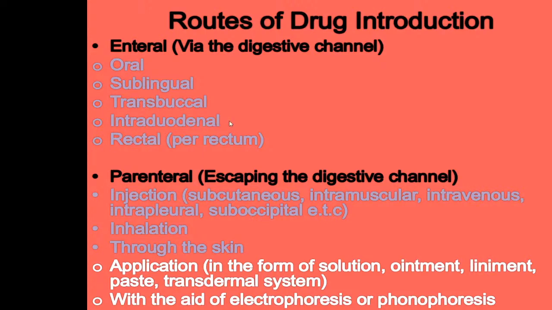Intraduodenal: with the help of a probe, we can introduce the drug exactly in the duodenum. This is a rare route. And rectal, introduction per rectum. These are enteral. Parenteral routes include injections with the help of syringes,